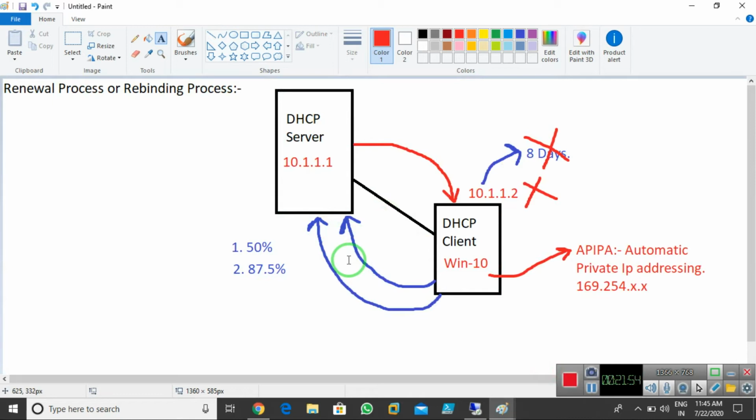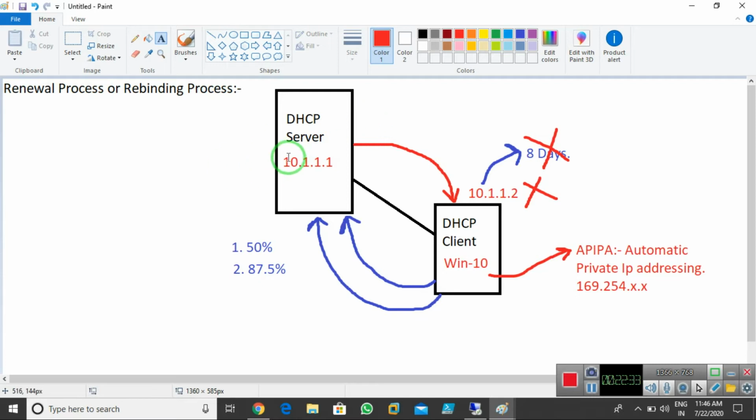Now I'll show you the demo of how we will install the DHCP service. Before we start the demo, we need to understand one thing: your DHCP works on a domain network as well as on a workstation network. If you have a workgroup network, we can use the DHCP service, not to worry. If you have an Active Directory network, a domain network, we can also use DHCP services.